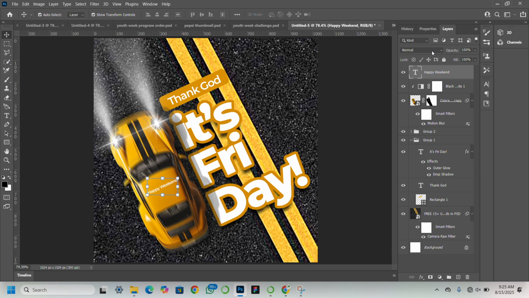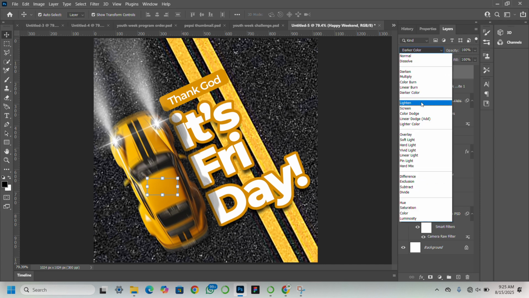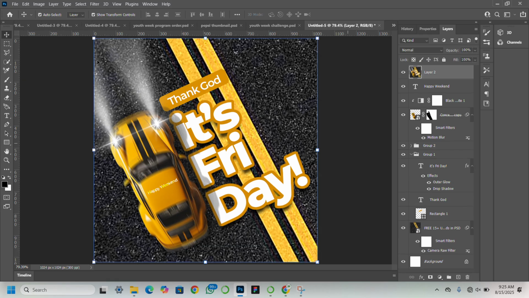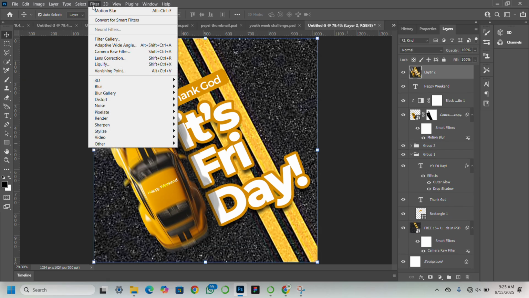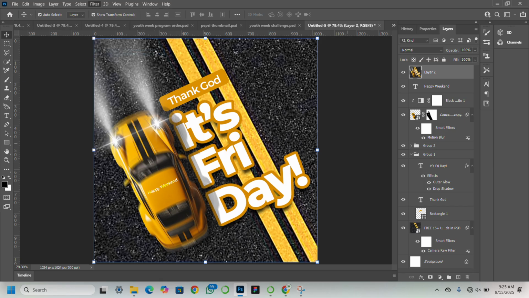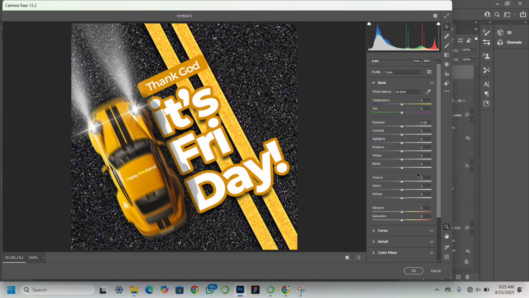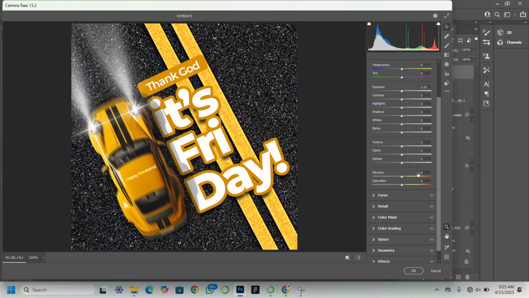And I'm just going to use one of these. Let's see which one will work. Okay, I'll just use color dodge. After that, I'm just going to click my Shift Ctrl Alt E to screenshot everything. So I head over to filter and I head over to my camera raw filter. This is it. So I'm just going to click on it like this, and then now that it's loaded, I will just touch on the texture,